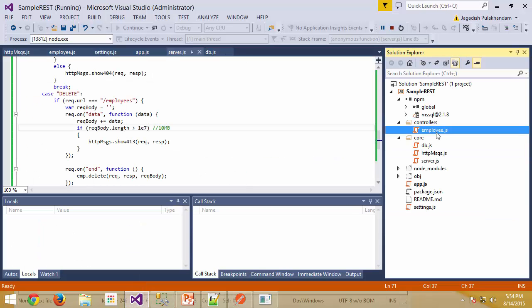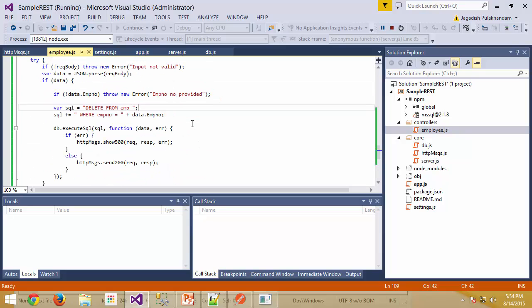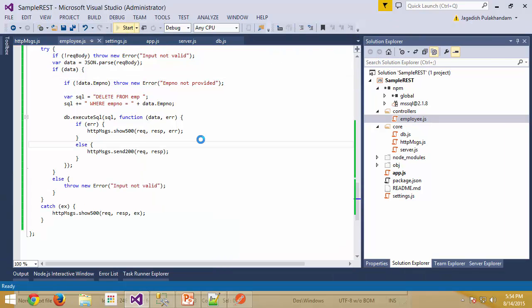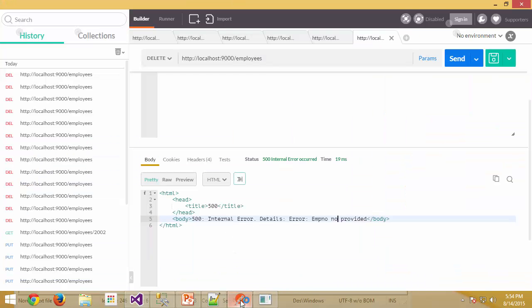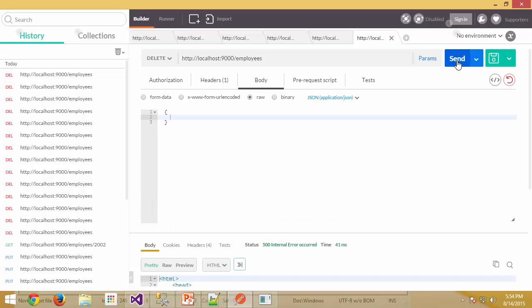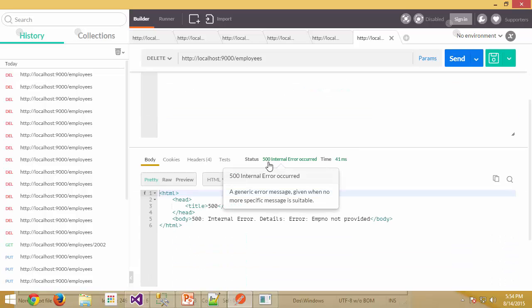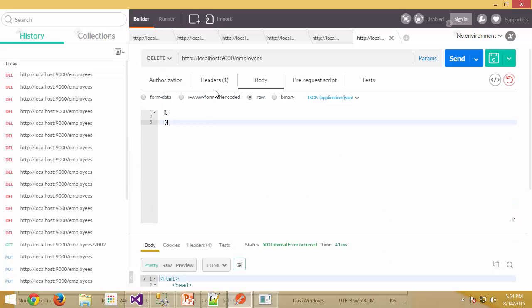So I go to employee.js, and this is supposed to be not provided. So let me save this, restart my service again. Okay, it has started. So I go in here, and now I click send, and now you can see it is 500 with employee not provided. So if I provide the employee number here,